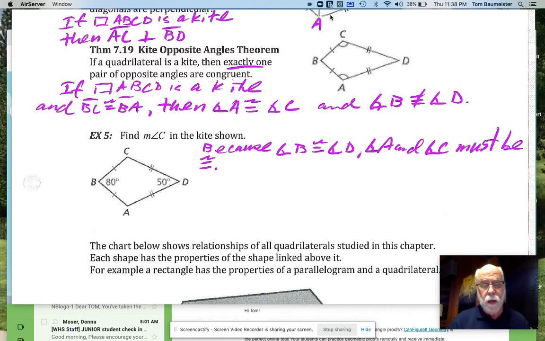So if they must be congruent, then the measure of angle A plus the measure of angle C